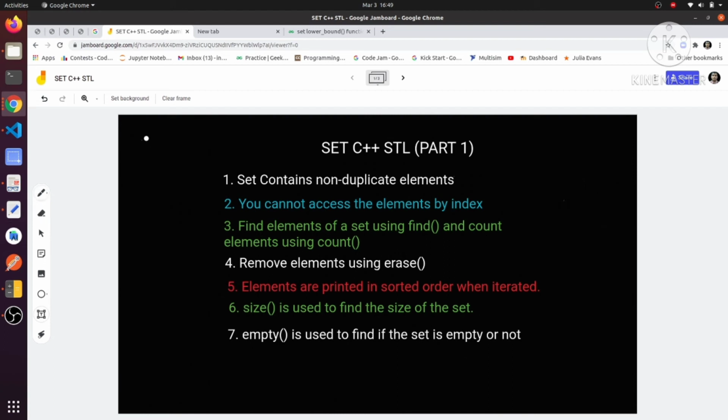Okay, now we have understood these find and count functions. So let me proceed a bit. The next thing is removing an element using erase. So how to remove these elements? Simply use this erase operation.